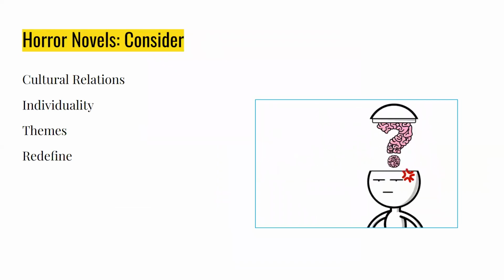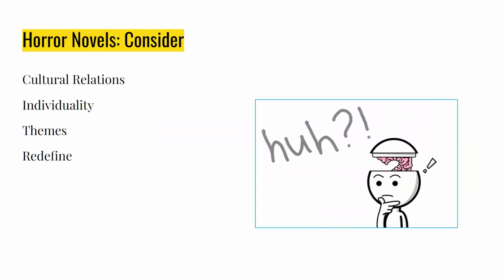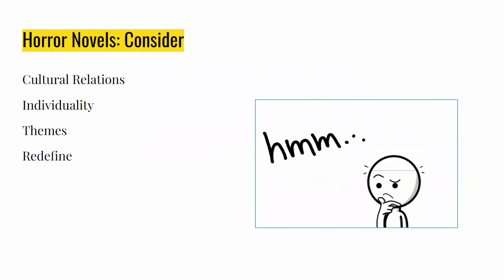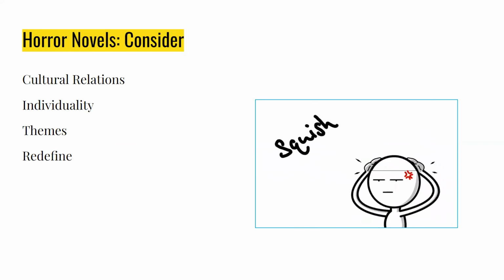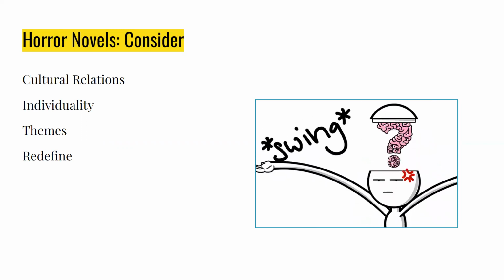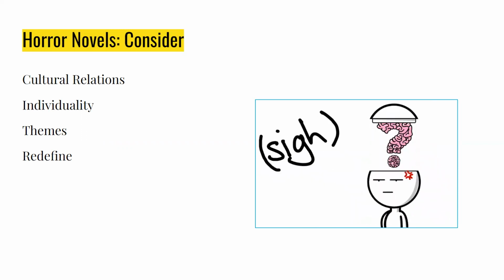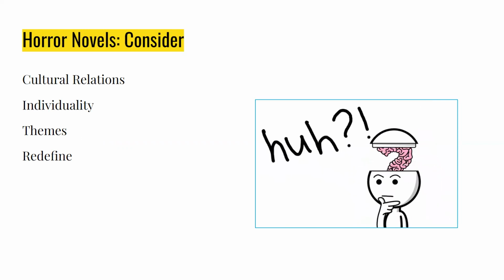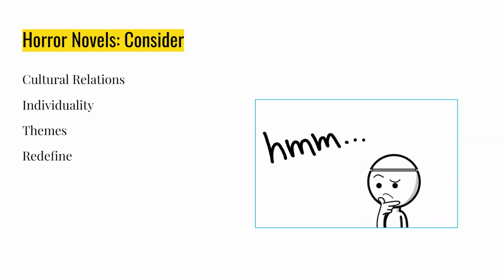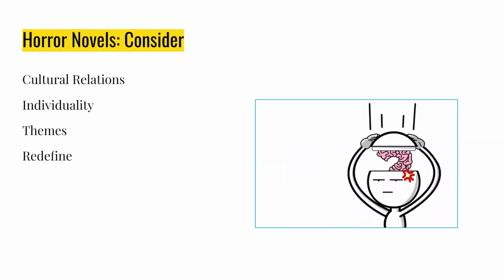Consider what the body horror in Mexican Gothic or Pitch Dark might imply about cultural relations and individuality. Another thought, how does the idea of a retelling apply to either horror story mentioned? What themes may be highlighted when either work is viewed through the critical lens we discussed this week? How might both stories exemplify how horror was, is, and can further redefine itself?